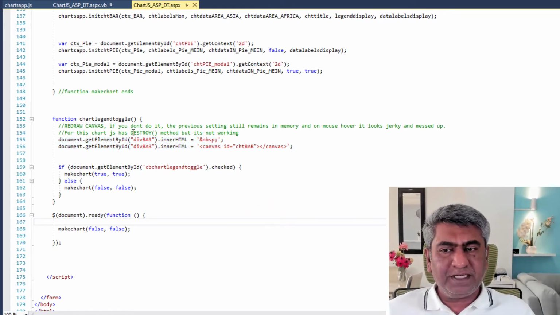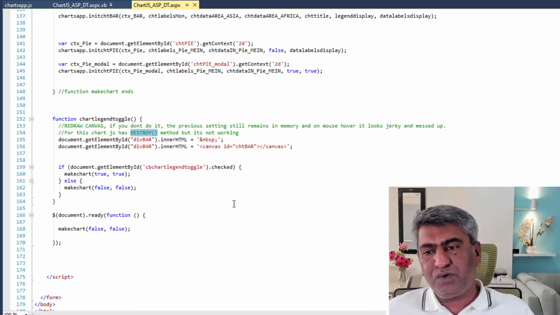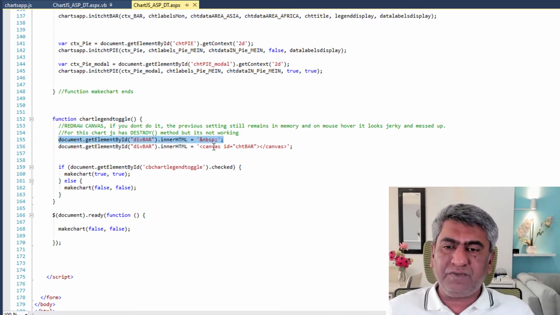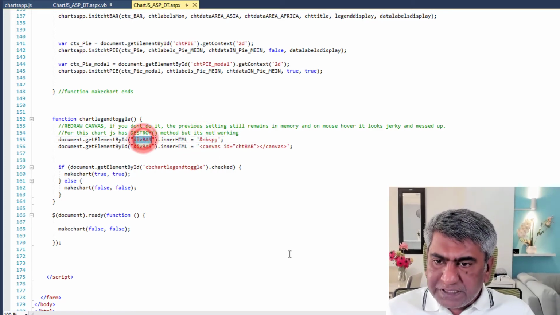There is a destroy method of chart.js, but it did not work in my case. So I wrote my own code, where I'm just removing my canvas of the chart and filling it with space. Now what I'm doing is with the div bar.